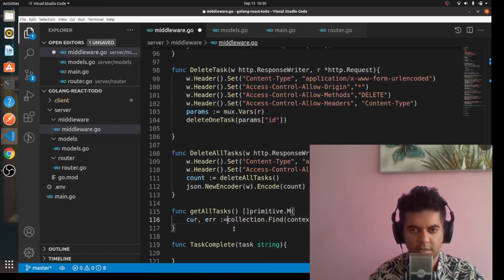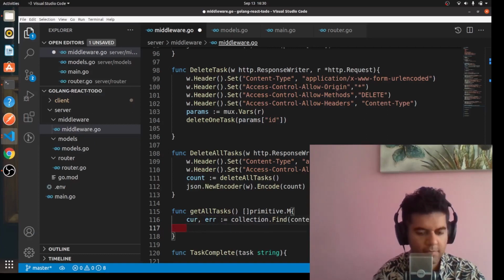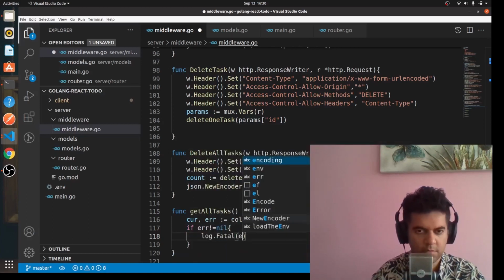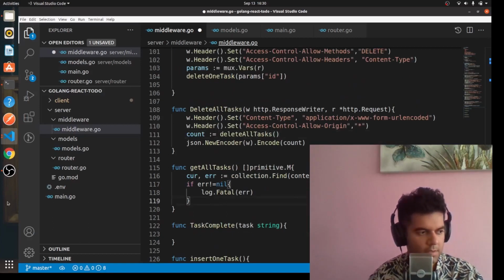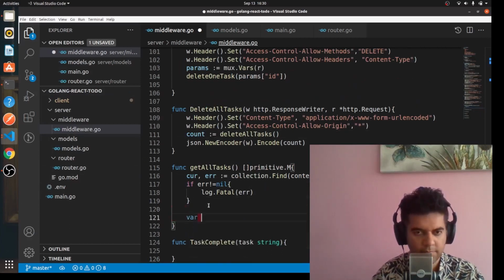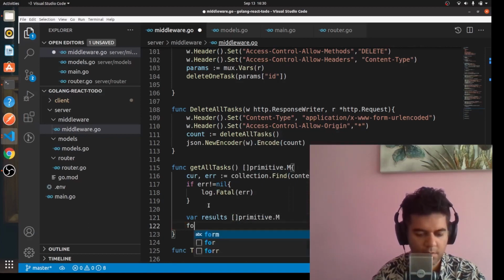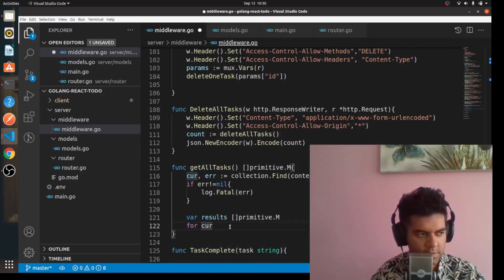Whatever comes here, you'll catch it in a variable called cursor, and then you'll also have a provision for error checking. So we'll say if error not equal to nil, we log out the fatal error, and then we'll define a variable called results. So we'll say var results of type primitive.m, and in this cursor that we have received, we'll loop over that. So we'll say for cursor.next